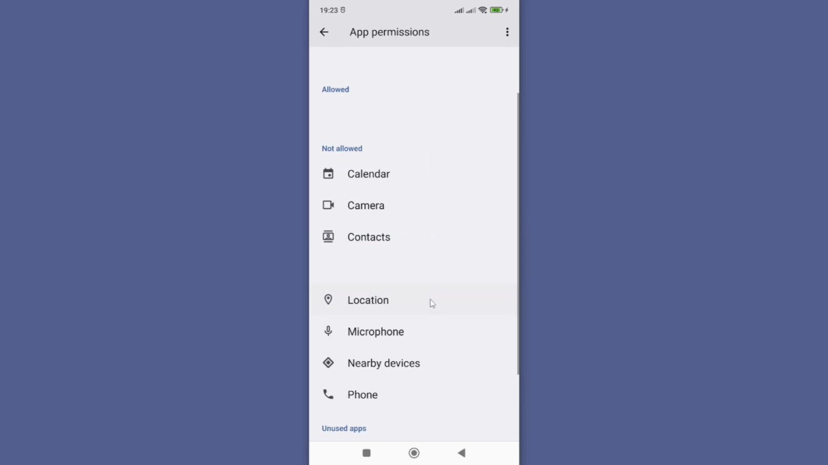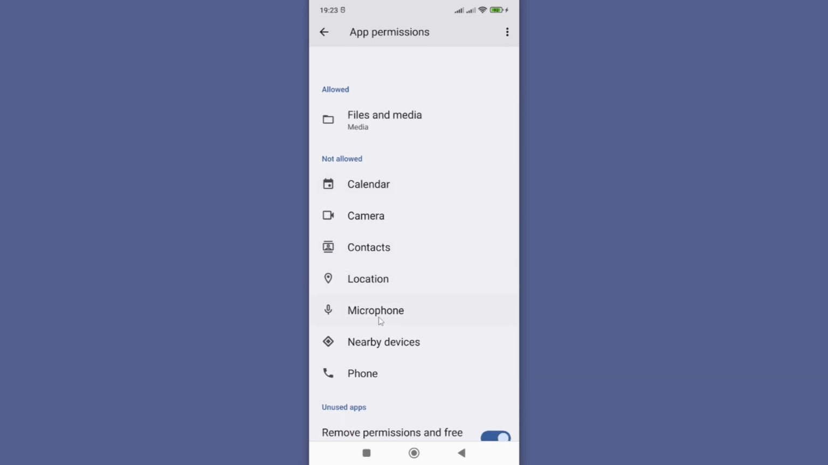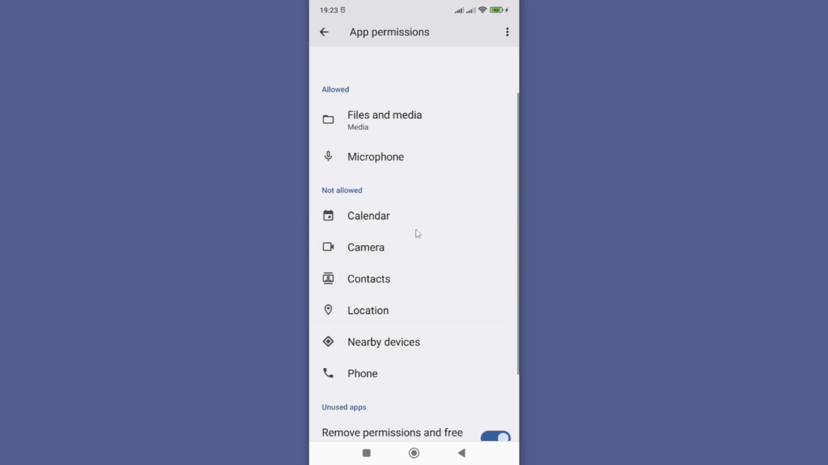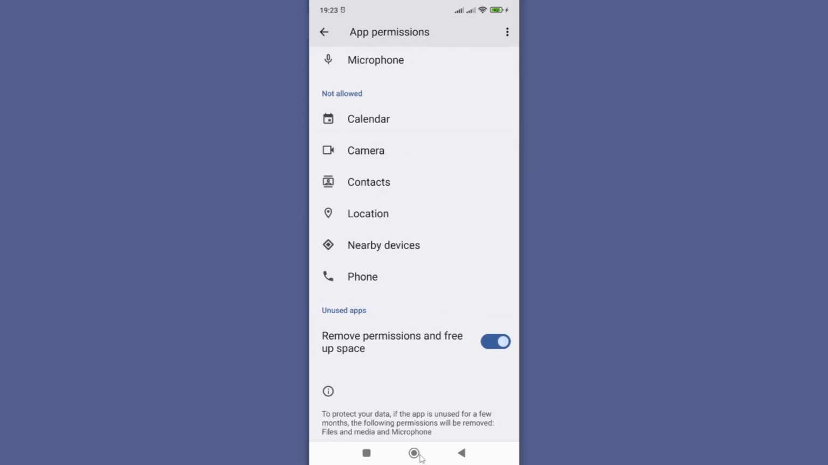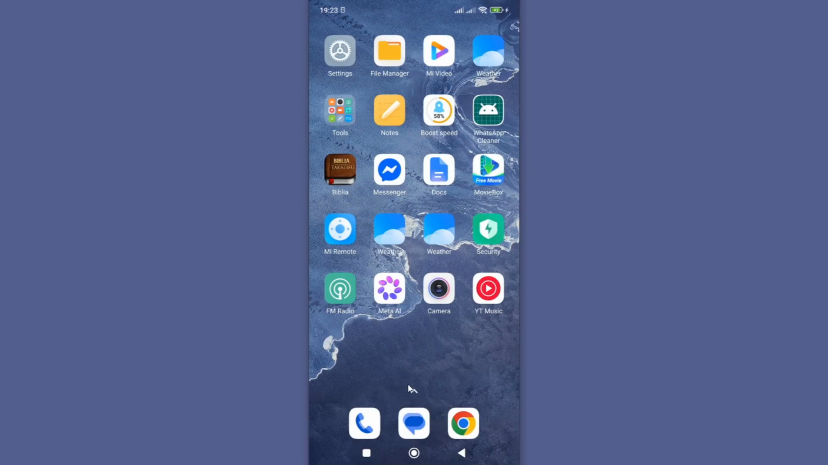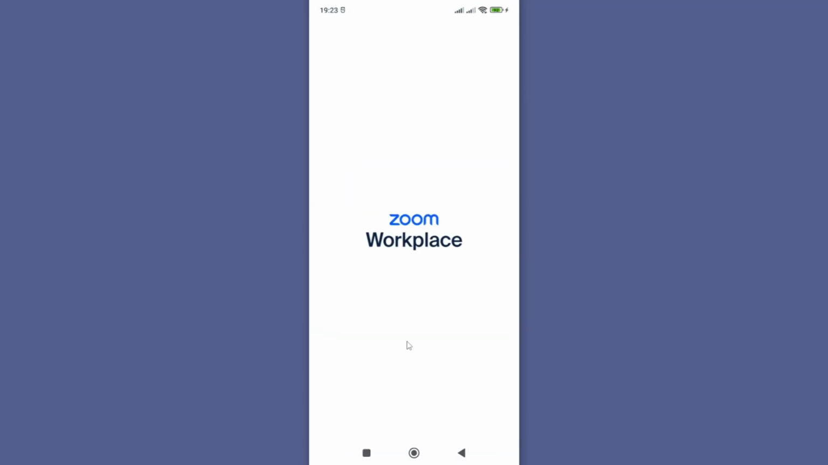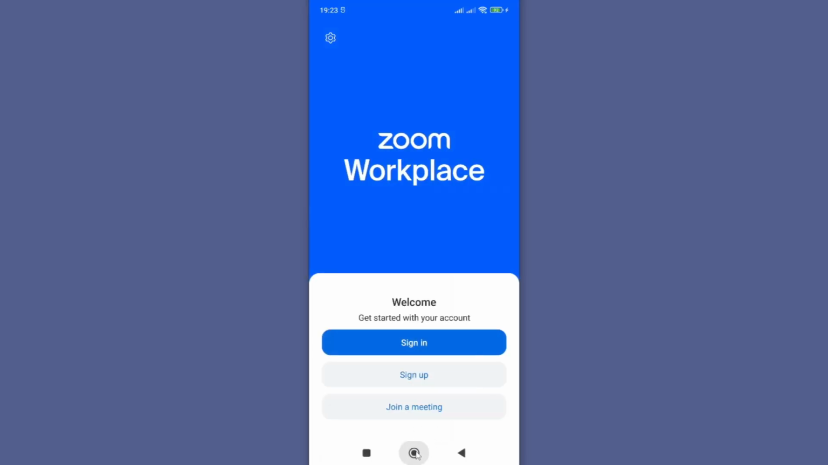Once you have enabled or given access to these permissions, microphone and so on, now you need to restart your smartphone. And now once you have restarted your smartphone, if you go to your Zoom app, everything should be running without any issue. But at this point, should things not work for your case, then you want to check